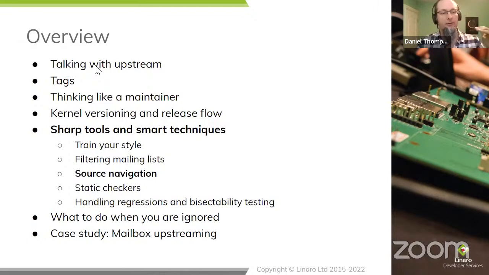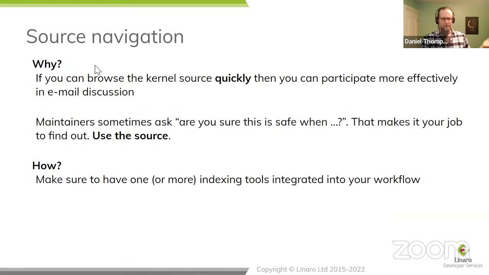So moving on from filtering mailing lists, what are other tools and techniques we can use to make ourselves more productive? I think source navigation has to count as something you should get skillful at in order to work effectively in anything as complex as the kernel. It's the only way you can self-educate yourself about how it works.